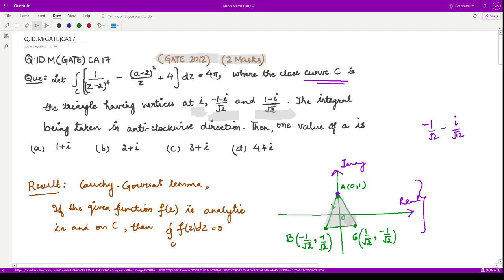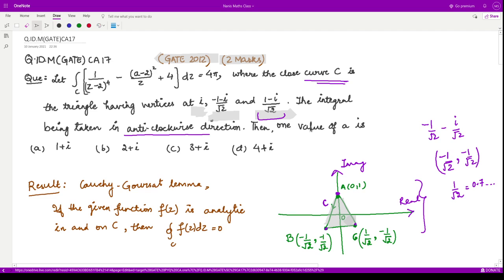This is defined using this number, right? So this point is the point B and it would be somewhere here. The value of 1 by square root 2 is nearly equal to 0.7 something, right? So it would be less than 1. And similarly, this point is defined over here. So I have created this closed contour C and the orientation is given to be in the anti-clockwise direction.